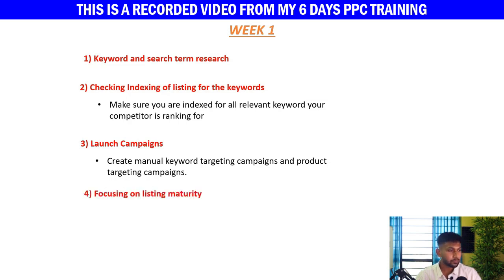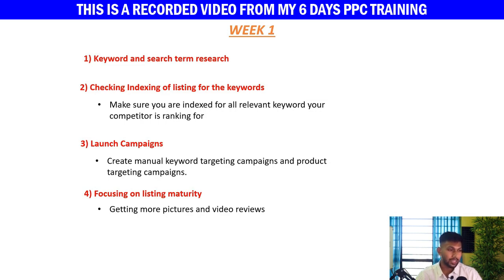Write down. Okay. Now the fourth point, focusing on listing maturity. Now what that means? Write down in the facilitate column: getting more pictures and video reviews, making your product listing more matured. So you have to get more pictures and video reviews. Plus, make sure you test a lot of images, which will help you know which image converts the most. Now, Amazon has the split test function. I'm not sure if you have that yet or not.